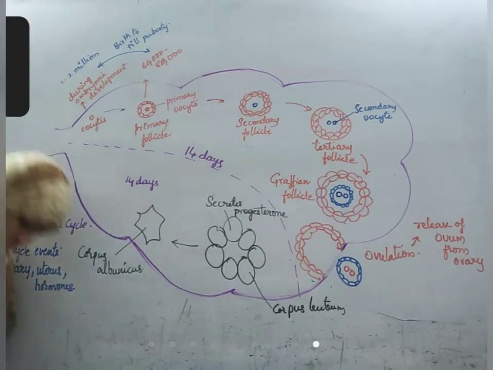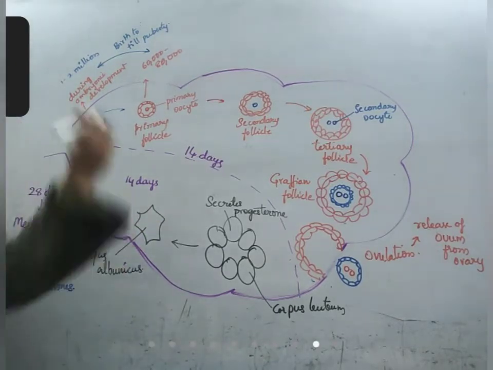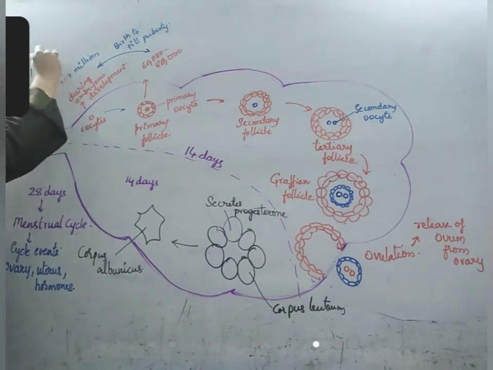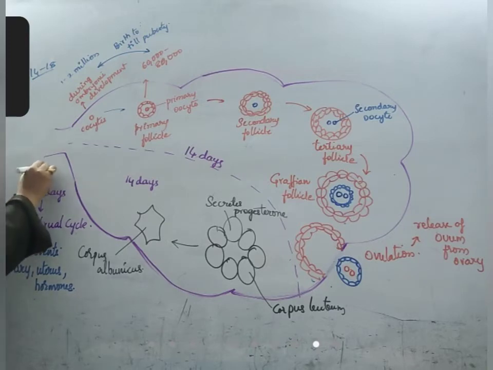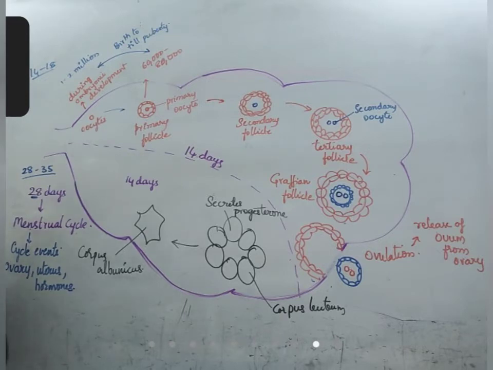Exactly on the 14th day it should release, but in some persons it may release from the 14th to 16th or 18th day. Because of this reason, most of the time the menstrual cycle operates for 28 days, but sometimes it extends to 35 days also. It is normal for some persons to have a 35-day cycle. For some persons, it is a 28-day cycle. For some people, it is somewhere between 28 and 35. It is okay, no problem. It's normal. So these are the changes that take place inside the ovary. Afterwards, we'll see what changes take place in the uterus also.